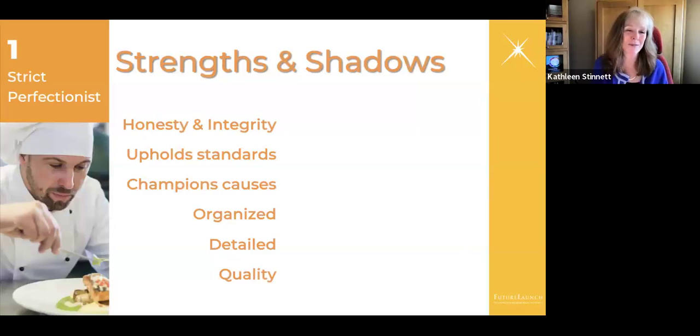And though type 1 brings to us some wonderful strengths, and I'll share the strengths and shadows for all of the 9 types, the type 1 will have a focus on quality and details. They're super organized. They will uphold standards. They'll want to follow the process. If there's 10 steps in a process, then let's follow all 10 steps. That's what makes sense. And so there's just goodness that the type 1 brings.